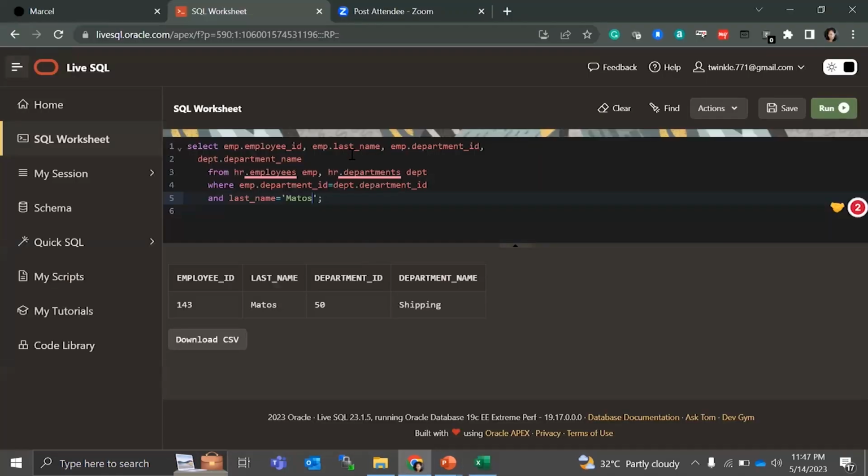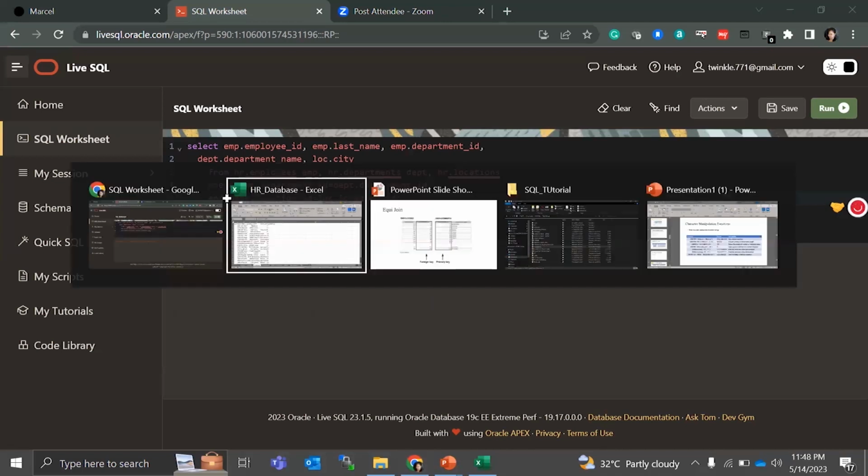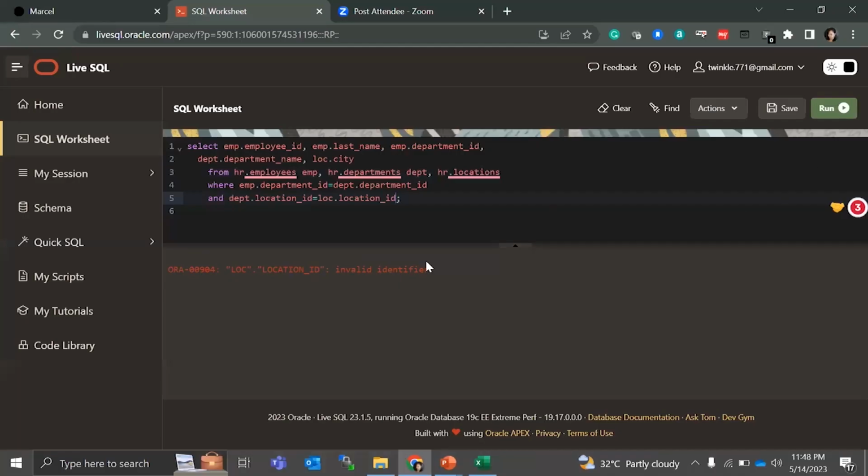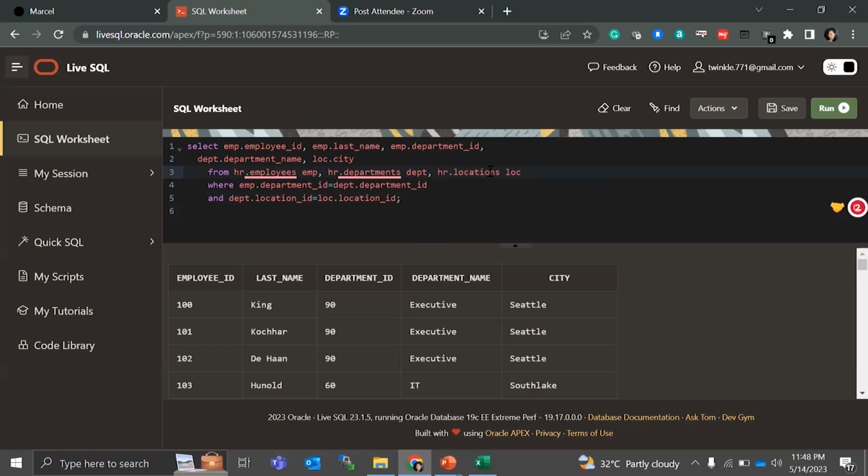So let's pull first locations LOC.city, and here I'll add HR.locations where employee department and DEPT.location_id is equal to LOC.location_id. What happened to this? I think this should be correct, right? Look, see it. I didn't put the name of LOC. Okay, now it works. So see, whenever there is a location ID match, that is when we get the city